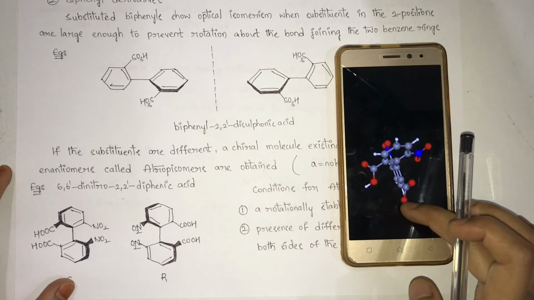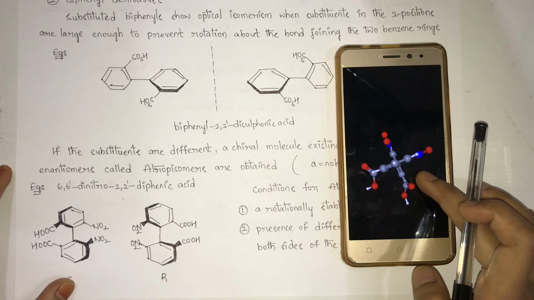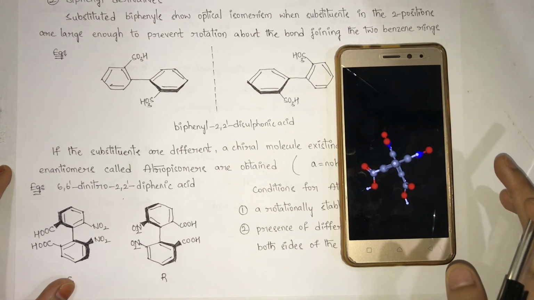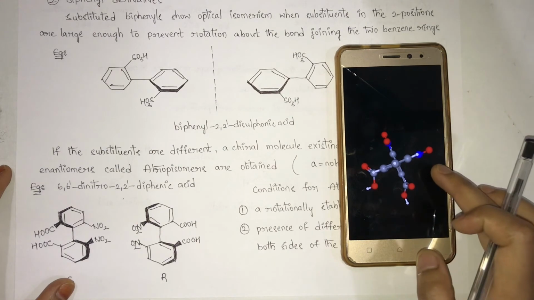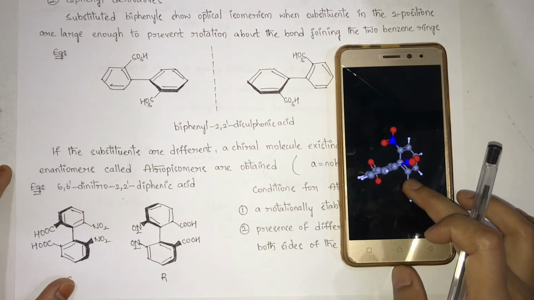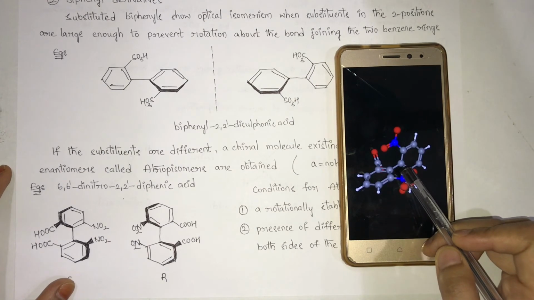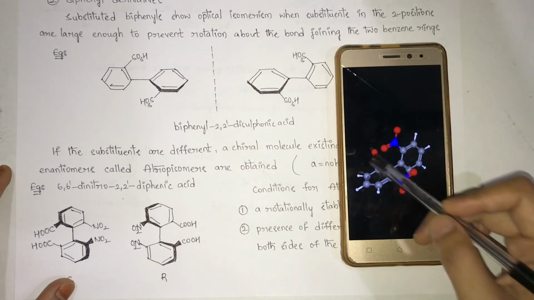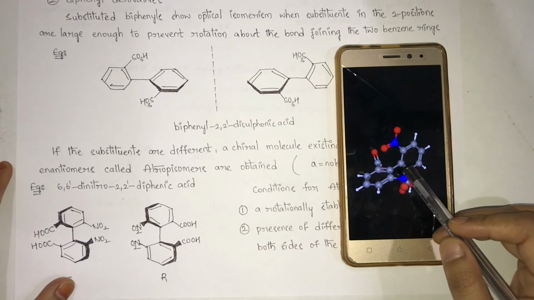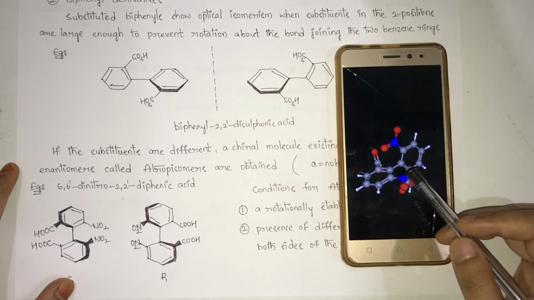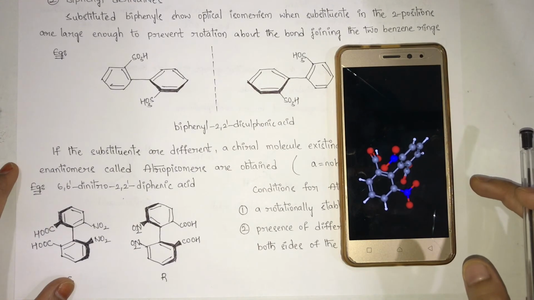So at one particular point we can see the chirality of the molecule. We do not have any chiral carbon, but it is exhibiting chirality. You can see this orientation. So the chirality is produced due to this single bond, which is restricted in its rotation due to the presence of all these groups. So it is restricted and it is staying at the same place, giving enantiomers. Particularly for this compound, we will call these atropisomers.